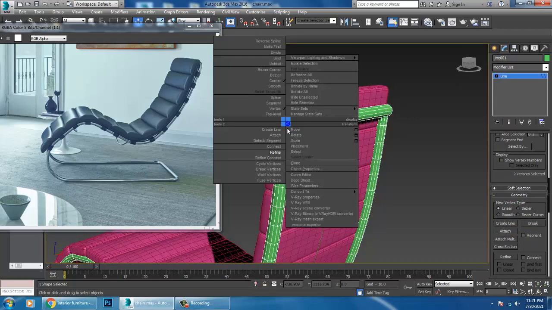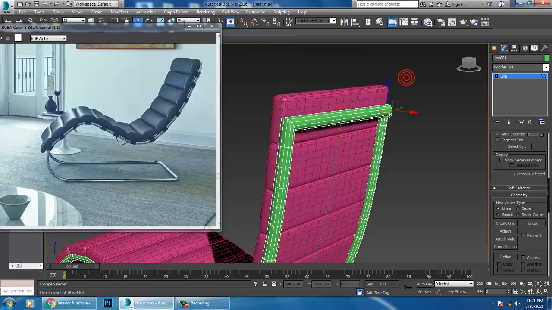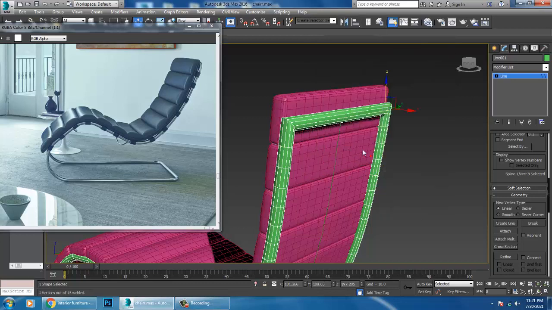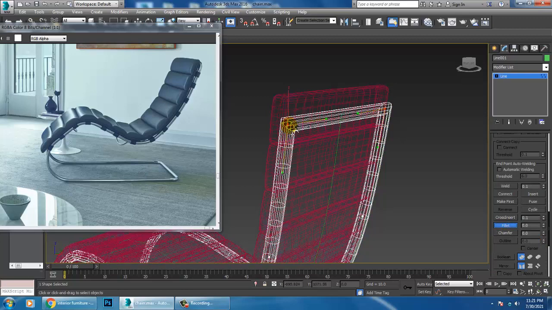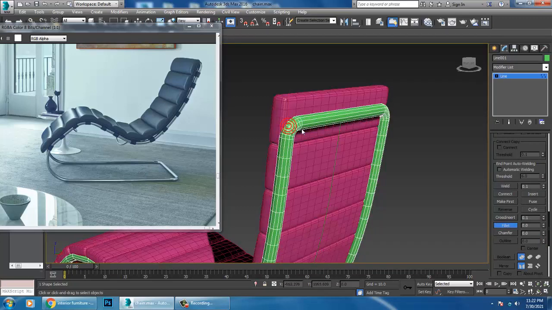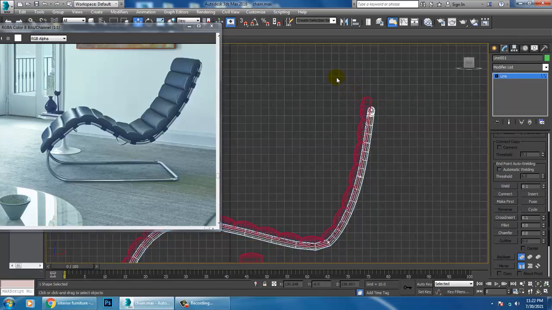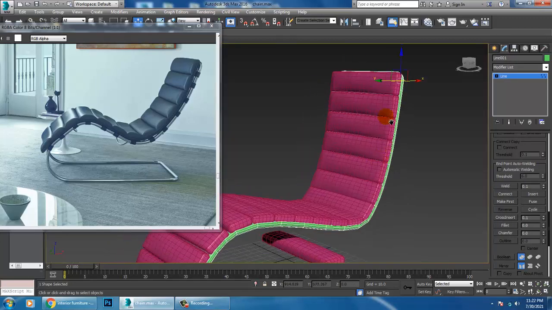Vertices, right click, fuse vertices, weld vertices. Select both the vertices and let's give a bit of fillet. That's it. Alright, so I can slightly shuffle it a bit up over here.